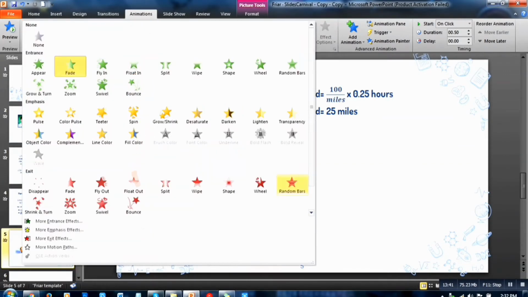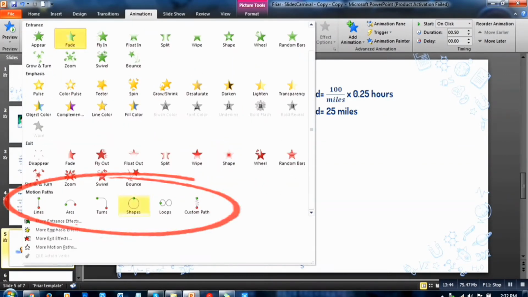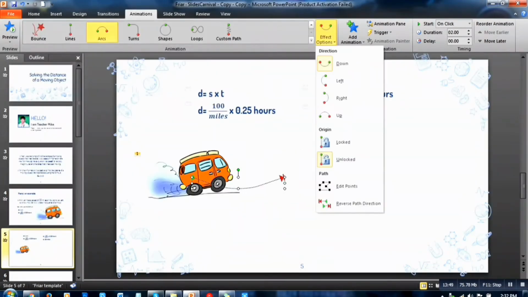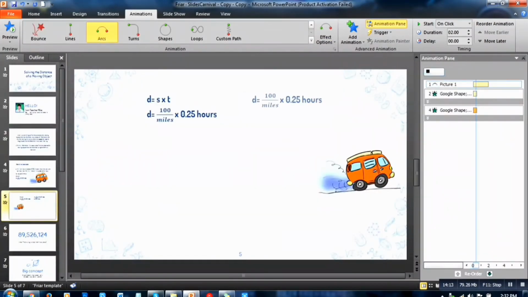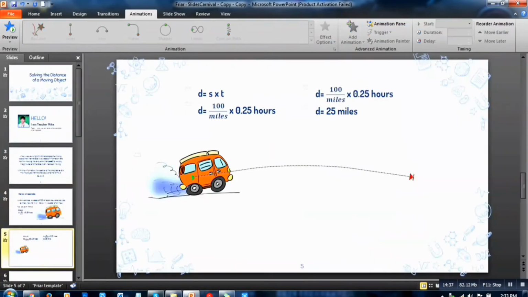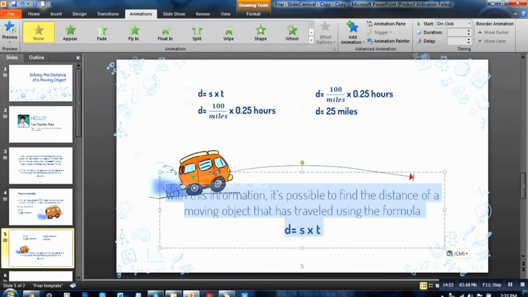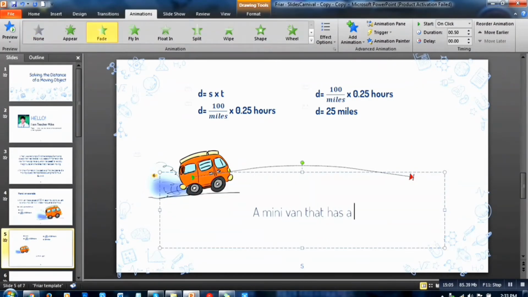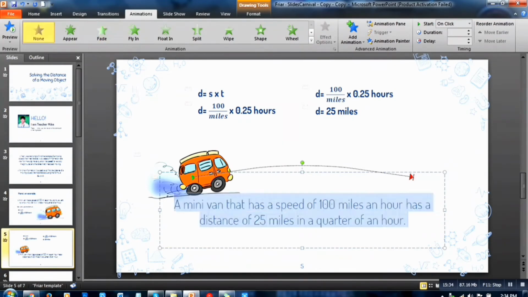Now I'll go to Animations again and use motion paths, specifically the arcs. Then adjust it to where it will move, as you can see in the video. And now I'll copy this text box and write the answer: a minivan that has a speed of 100 miles an hour has a distance of 25 miles in a quarter